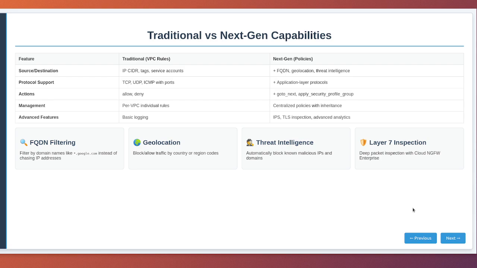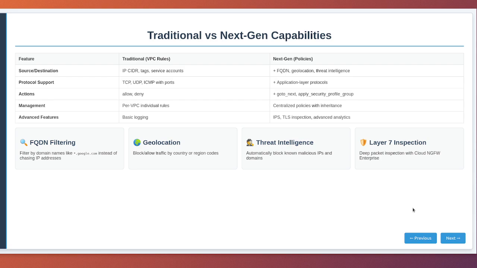They can see IP addresses, ports, and protocols, but they are essentially blind to what is actually happening inside the communication. It is like having a security guard who can check your ID and see which building you are going to, but has no idea what you are carrying in your briefcase or what you plan to do once you